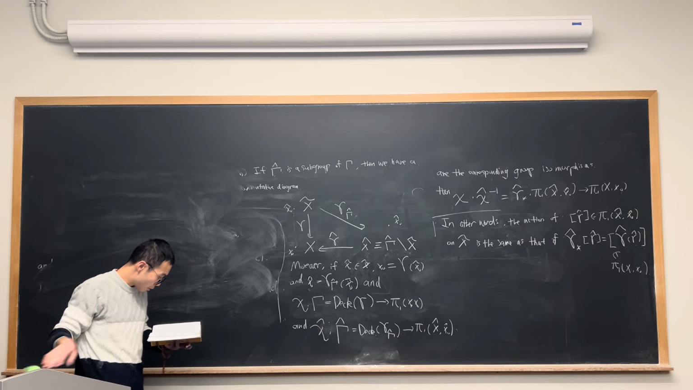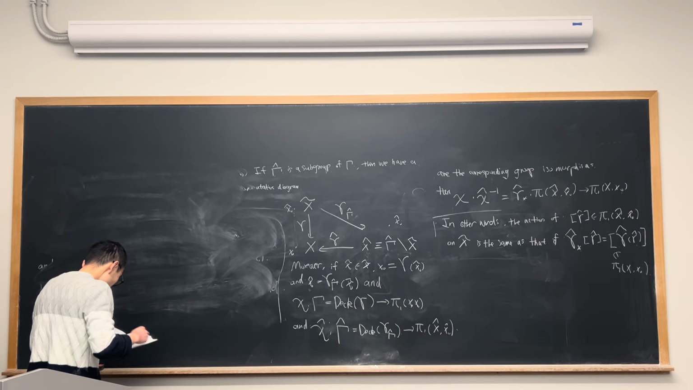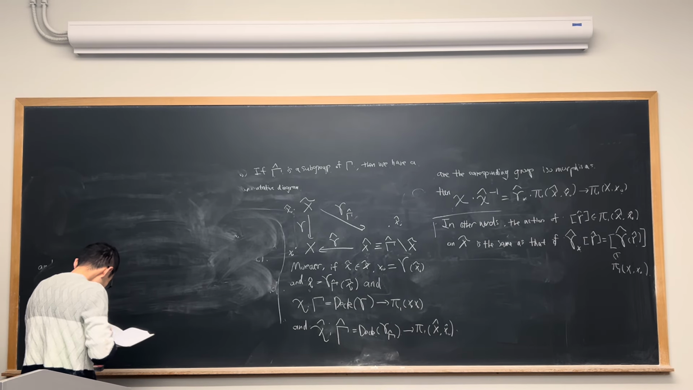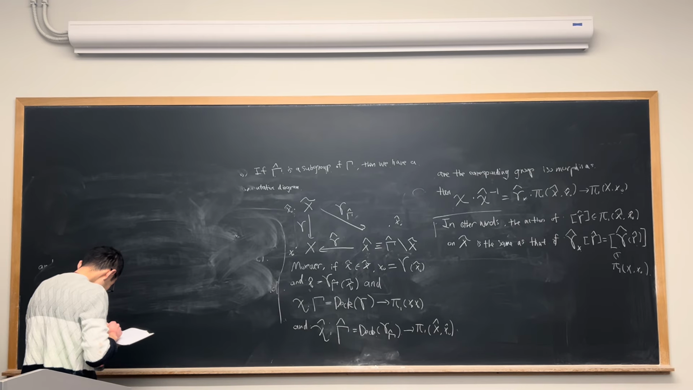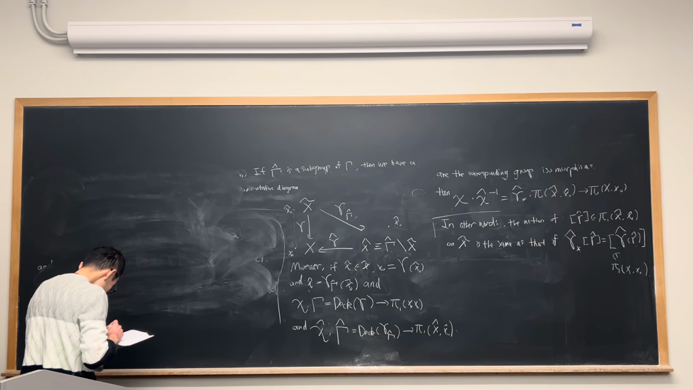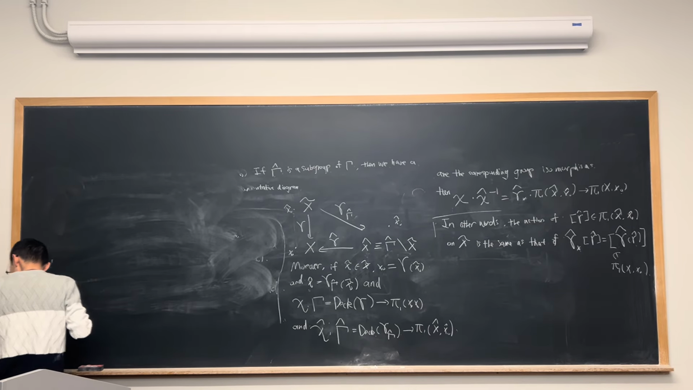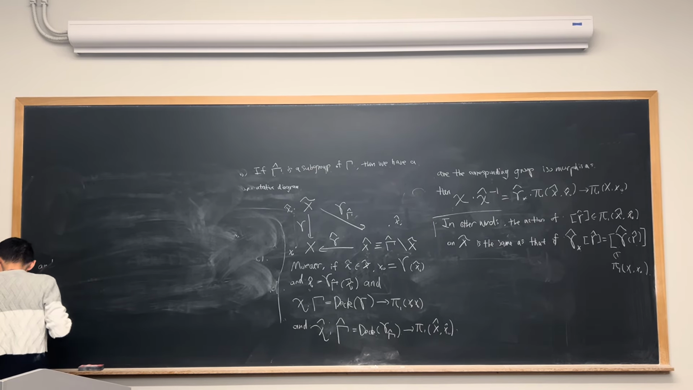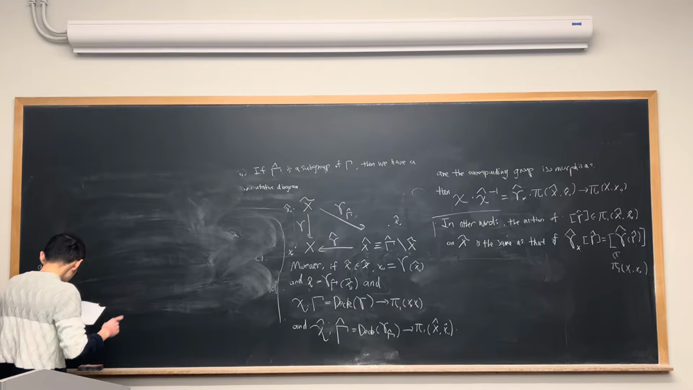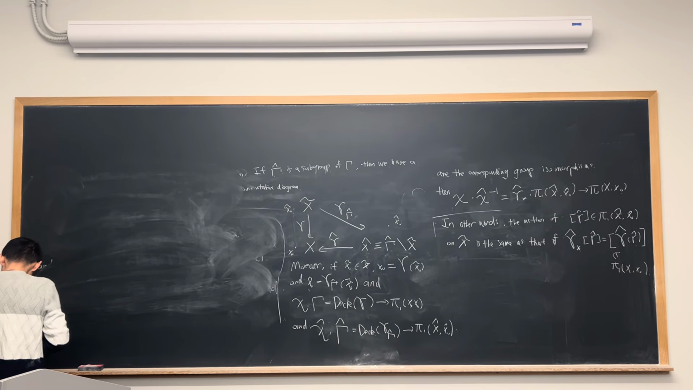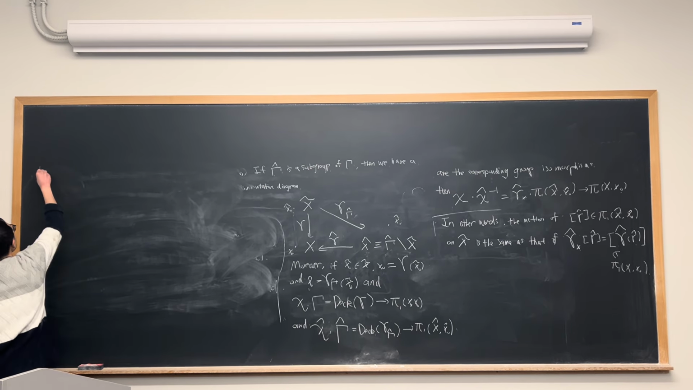Now leave the statement for part B. So, for the proof, suppose this gamma hat is